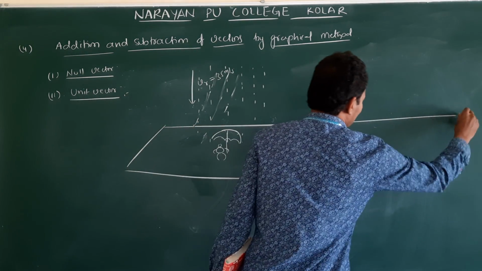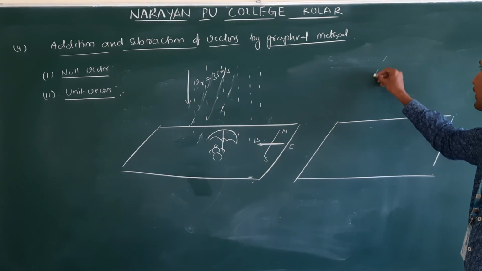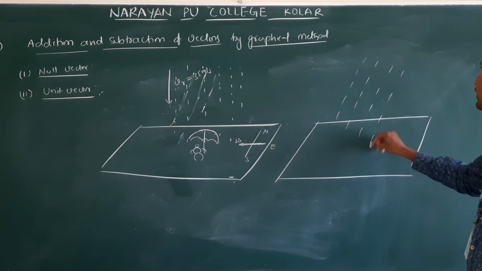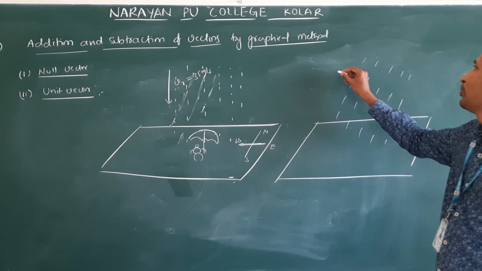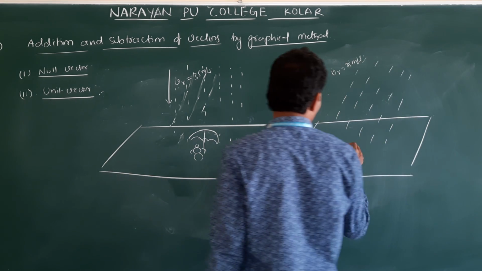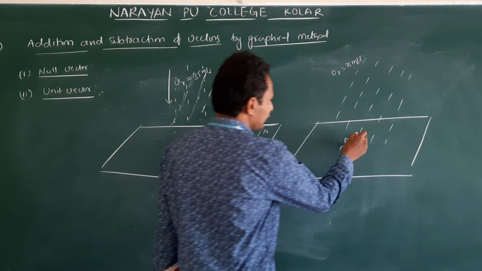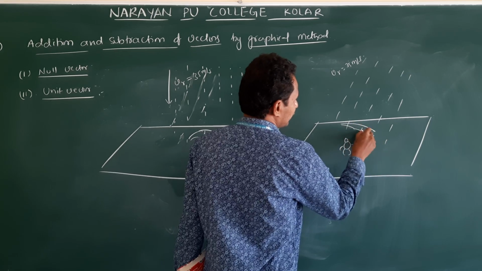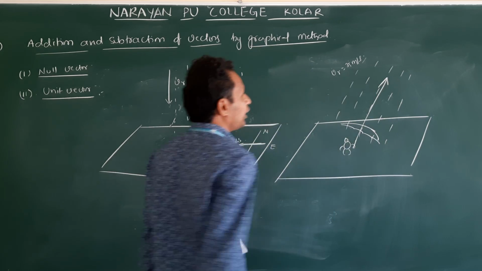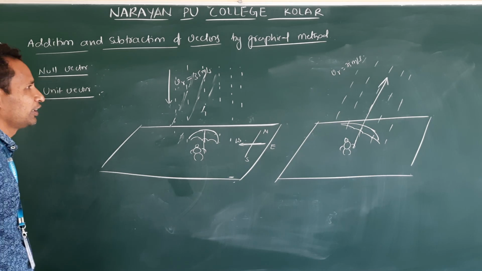Now, what happened? The wind is blowing east to west. Then the wind will change the direction. It falls like this. Am I correct? But the velocity remains the same. VR is equal to 35 meters per second. To avoid getting wet, the boy will not bend himself. He changes the direction of the umbrella. He holds his umbrella in this direction to avoid the wet. So this is the direction of the umbrella. Clear? Now how do the vectors help in this case?